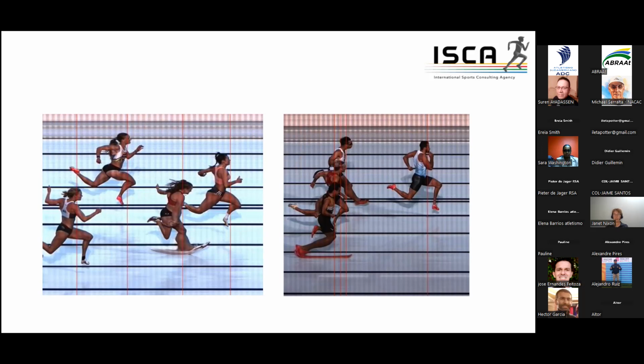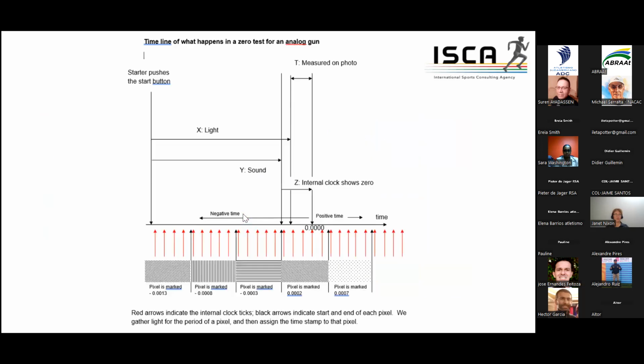And I have 2 more questions. The next one is concerning the 0 test done with a gun. When do we start counting the pixels according to the image ratio of the camera? Okay, let me go back to the 0 test. So yeah, when it's done with, and I think this one's probably electronic too. So if it's done with a real gun, an analog gun,